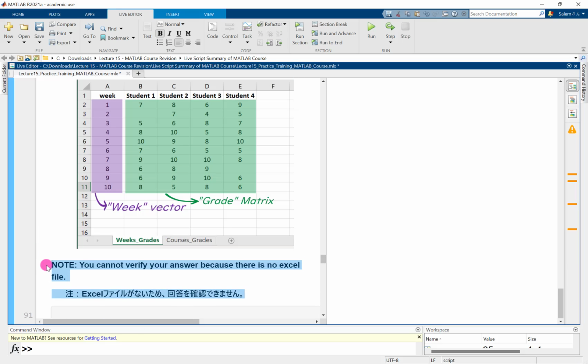So you will not have the Excel file with you. If there is a question related to read matrix, you should write the question, and there is no Excel file to check. If you run it, you will have an error. This is very important. If you run read and you don't have the file, you will have an error. But this is okay because you don't have the Excel file. Okay, so let me just